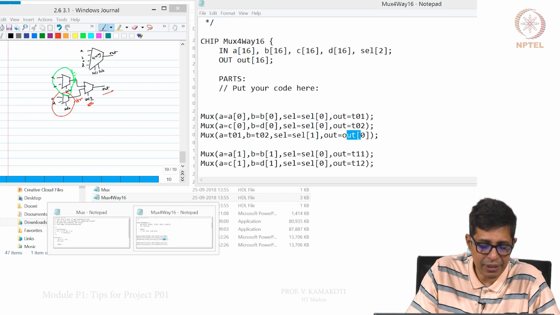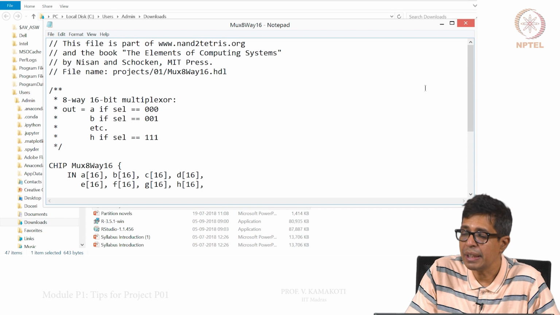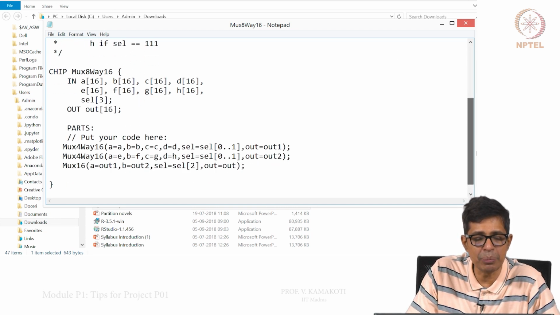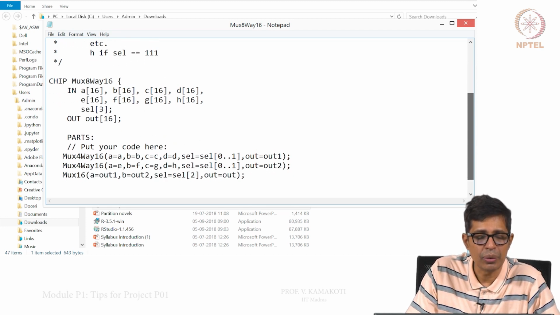The second thing that we would like to show here is the 8-way 16-bit mux. This can be easily done.